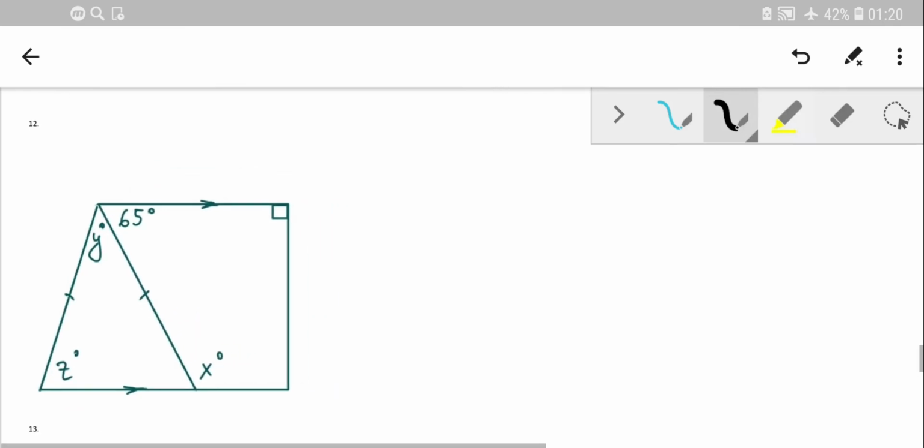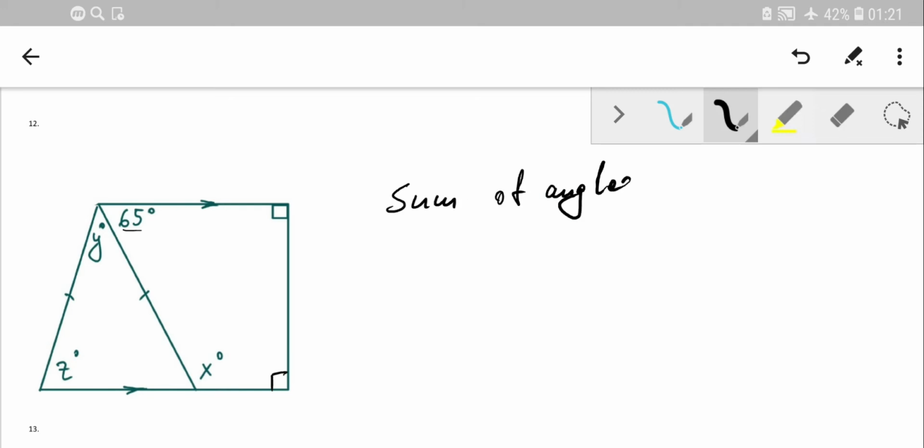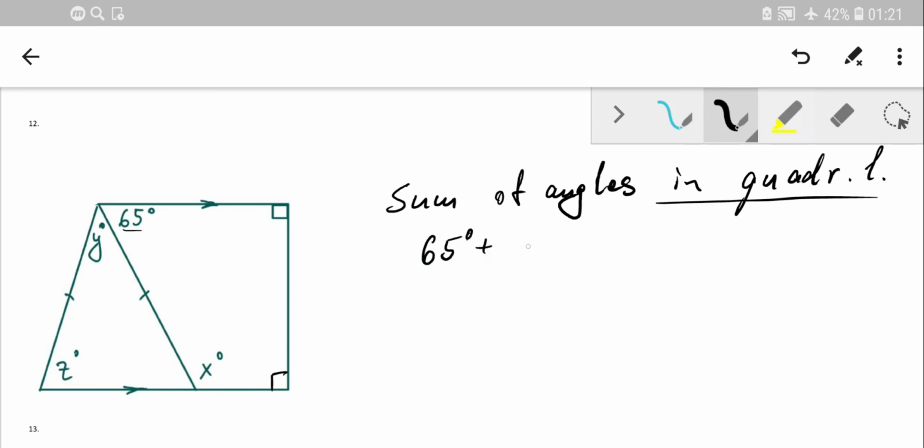Okay, so problem number 12. We have sort of a trapezium with a 90 degrees angle and 2 parallel lines, so it looks like this angle is also 90 degrees. Okay, so what do we know about the sum of angles in a quadrilateral? If we add them up, 65 plus 90 plus 90 and finally x should give us 360, because remember